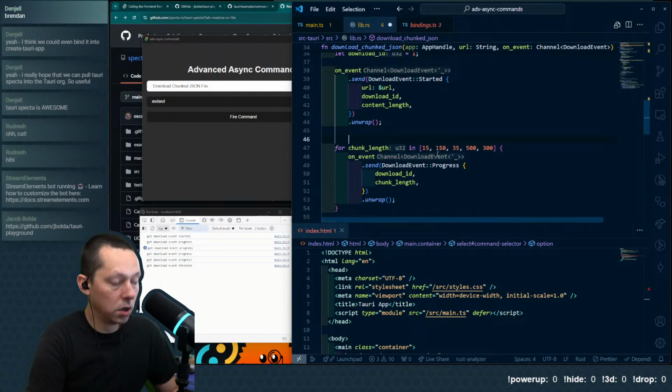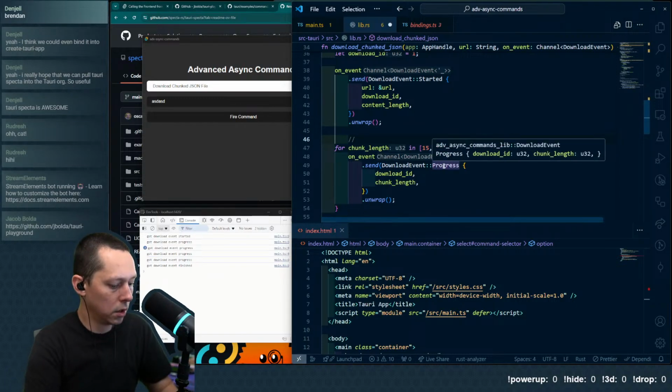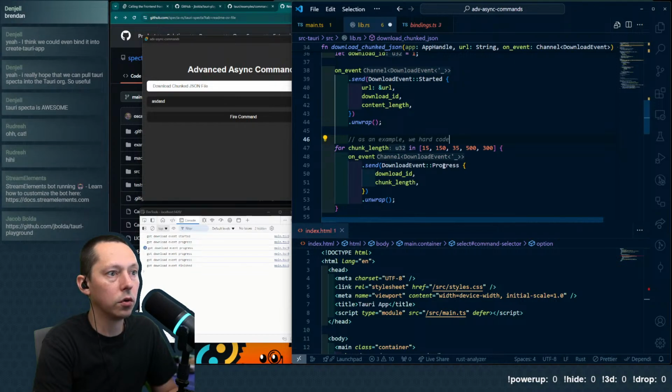I'm going to put a note for future me here. And this is maybe something we should dump into that example too. But as an example, we hard code what a sample buffer might look like. I guess it's not a buffer.